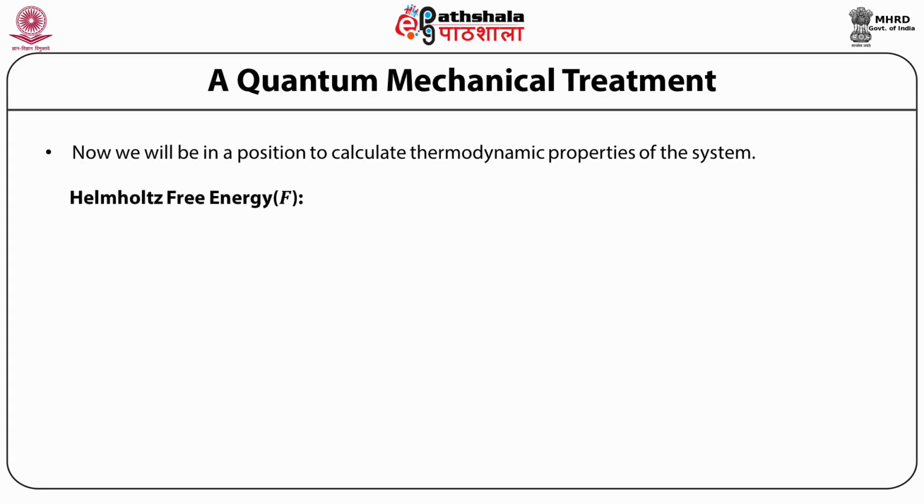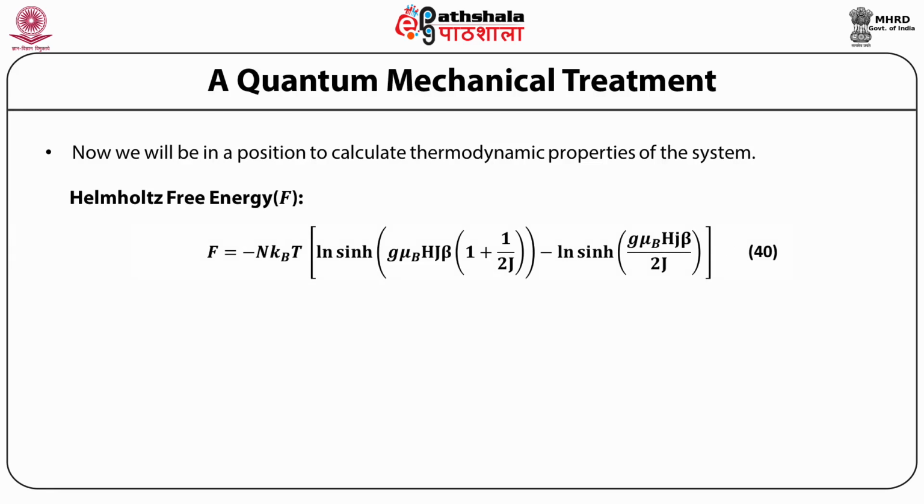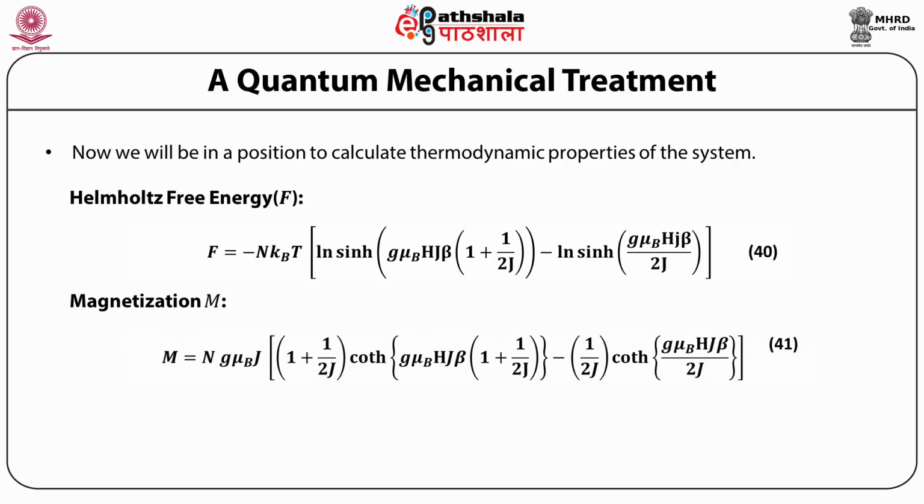Let us calculate first the Helmholtz free energy F. F = −N k_B T [log sinh(g μ_B H J β (1 + 1/2J)) − log sinh(g μ_B H J β/2J)]. Magnetization M = N g μ_B J [(1 + 1/2J) coth(g μ_B H J β (1 + 1/2J)) − (1/2J) coth(g μ_B H J β/2J)],